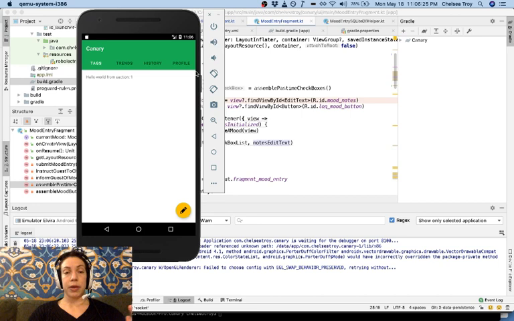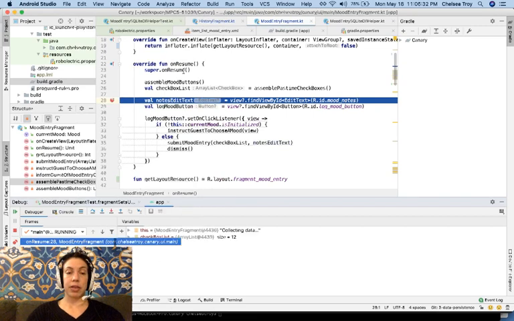So you saw the dialog that said it was waiting for the debugger. Now we're ready to go. I click this. Boom, it hits my breakpoint. So now I can see that I'm at the breakpoint right here in the code window, and I can come down to my debug